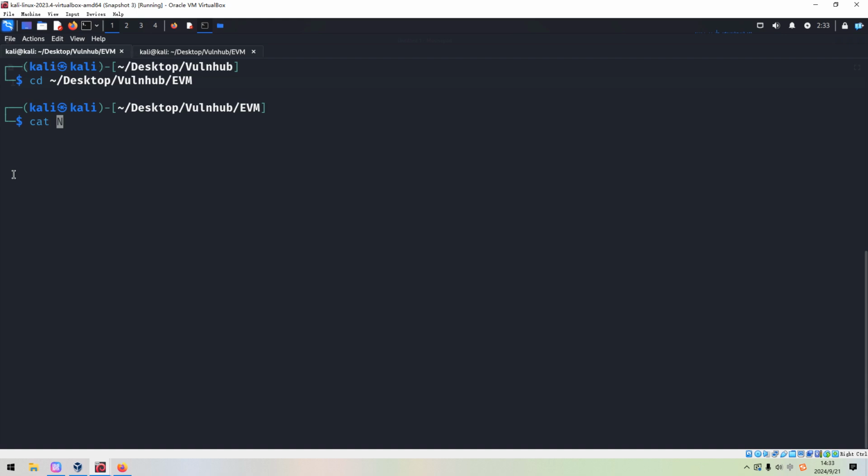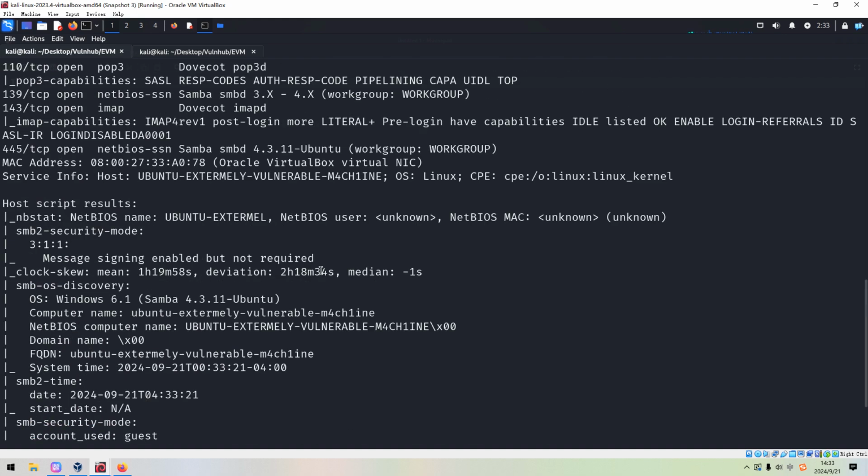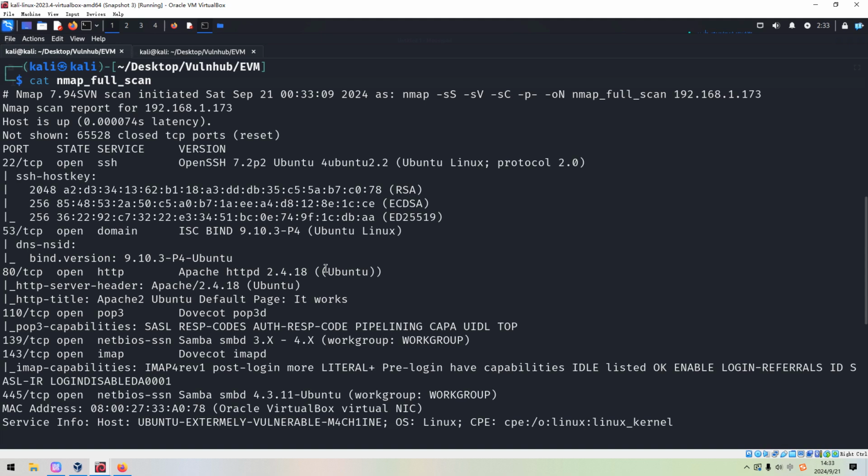As you can see over here, I used the options of the SYN scan, the version scan, the default script scan, followed by -p- to do the full range port scan. The last option of all is -oN to output the result into this file.